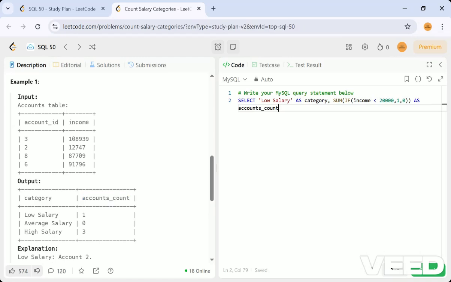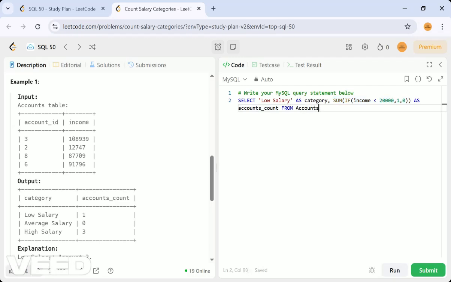How many incomes satisfy this condition? If the condition succeeds, it comes as one, and the sum of ones is the count. So we get the accounts count for low salary from the Accounts table.